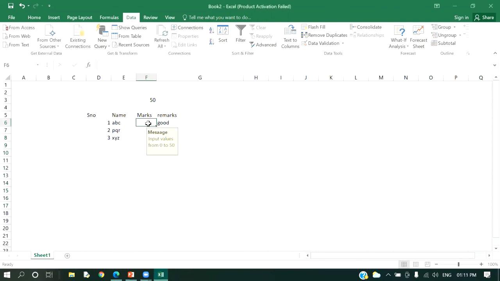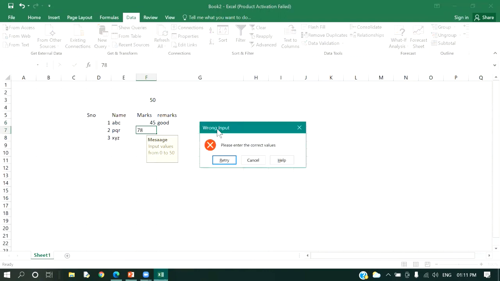As soon as you click on this, you can see the message is written: input values from 0 to 50. If I try to put 45, of course it will accept. If I try to put 78, what will it show? It is showing me wrong input, please enter the correct values. So this is how we can put validations in our cells, which makes it easier to make a report or a sheet.